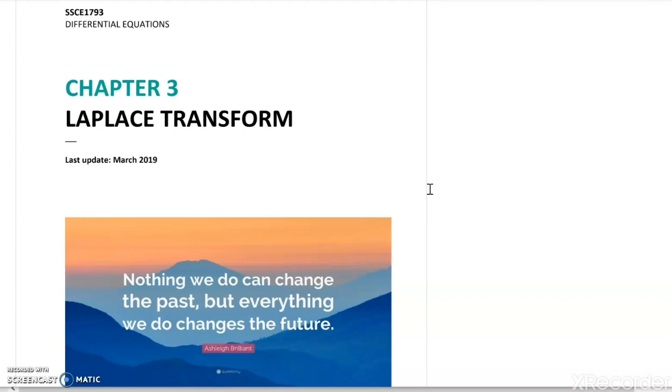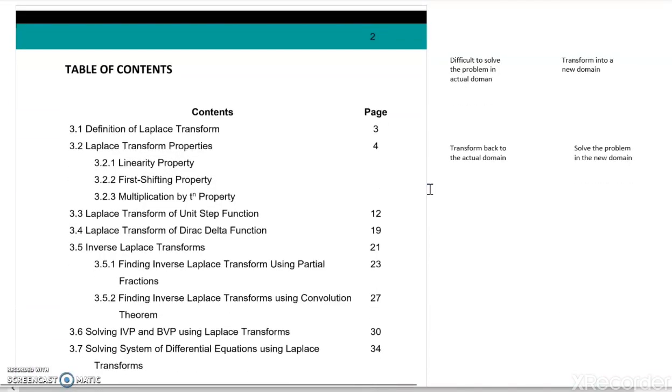So before we proceed, let us have some idea or some motivation for this chapter. This is what we have in the table of contents, many things involved in this topic. Before this, in chapter 1 and chapter 2, you have solved first order differential equation and second order differential equation. We have five types of equation in chapter 1, and basically two methods in chapter 2, method of undetermined coefficient and